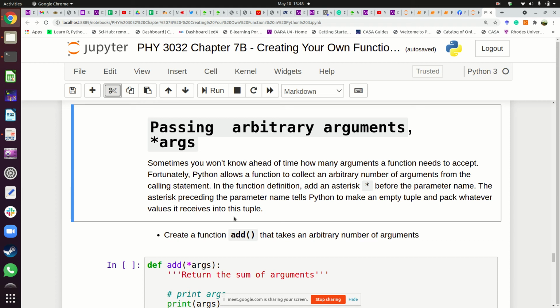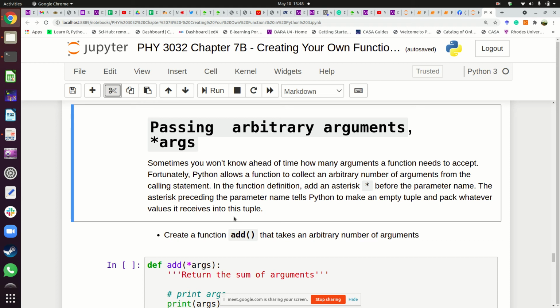It might be called with 2 numbers, 1 number, 3 numbers, 4 numbers, 5 numbers. You don't know. That's the point. So if you do not know the number of values your function is going to be called with,